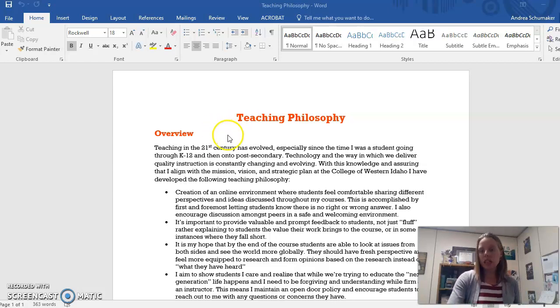So I really want you to think about it under the umbrella or within the framework of my long-term goal is fill in the blank, right? For my teaching philosophy, my long-term goal was to be an educator. And so thinking about what that means to me and how I approach the classroom, how I approach my interactions with my students and other faculty that I work with are all things that play into what that philosophy is.